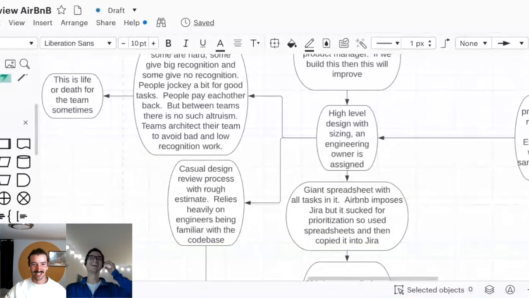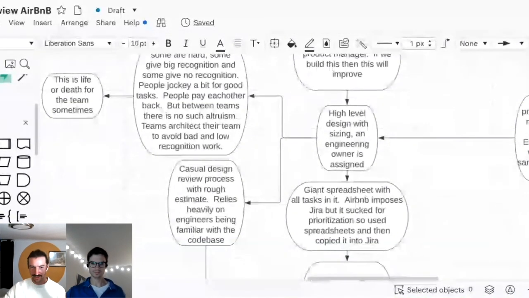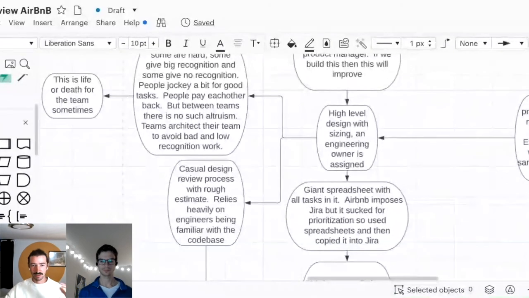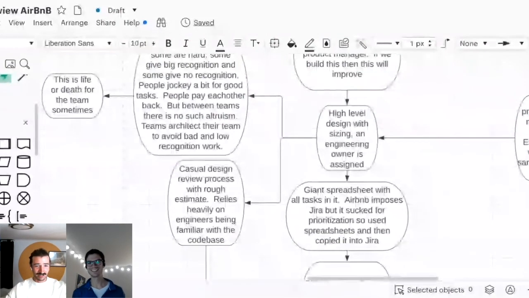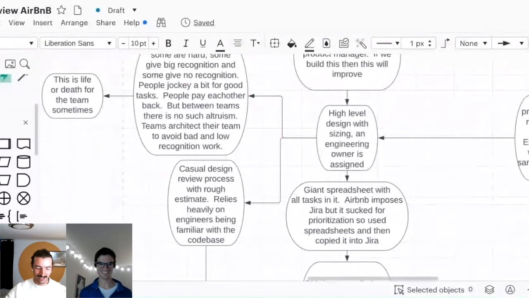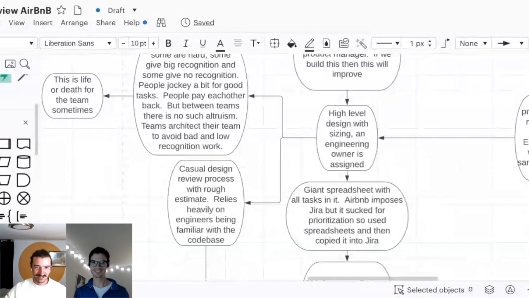My other story, a little horror story, real quick though: I joined the payments team and I was assigned someone who was supposed to onboard me, and I was going to work with them on their projects. Two weeks after I joined, they quit Airbnb, and so I just took over their projects. One of which was to do a design document to redo all of the backend checkout system and present it to the most senior engineer at all of Airbnb, a very famous programmer whose dad has a building named after him at MIT.